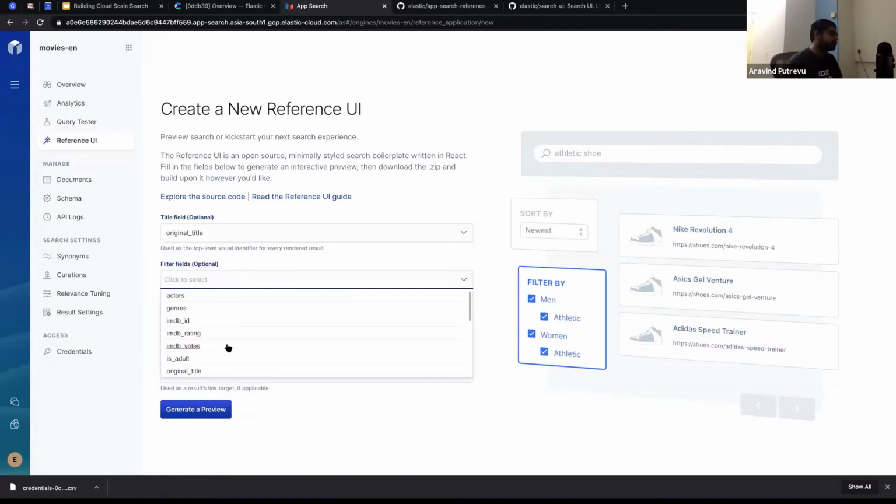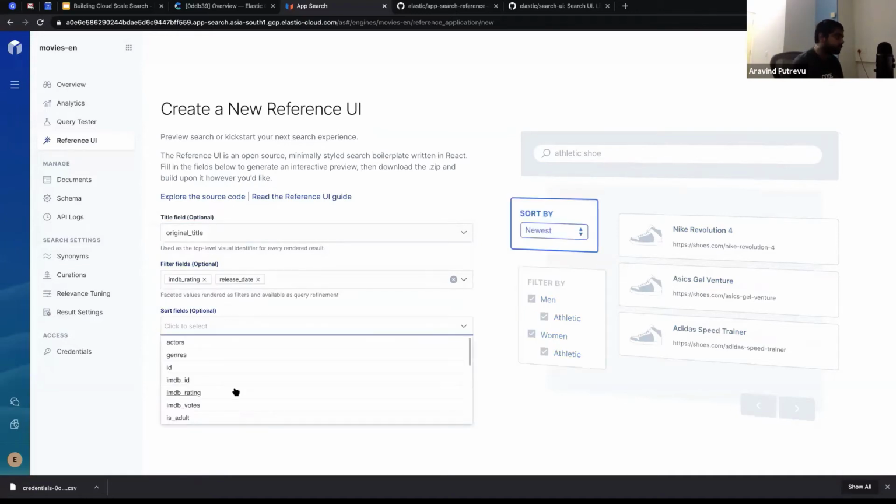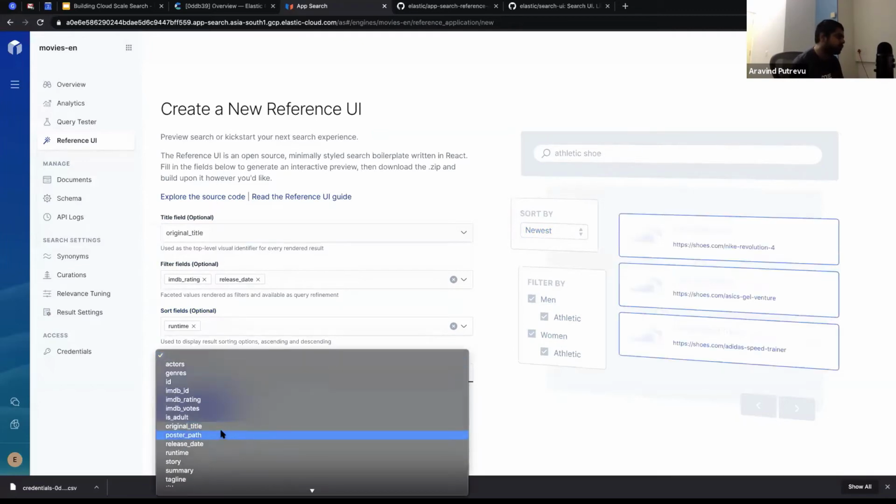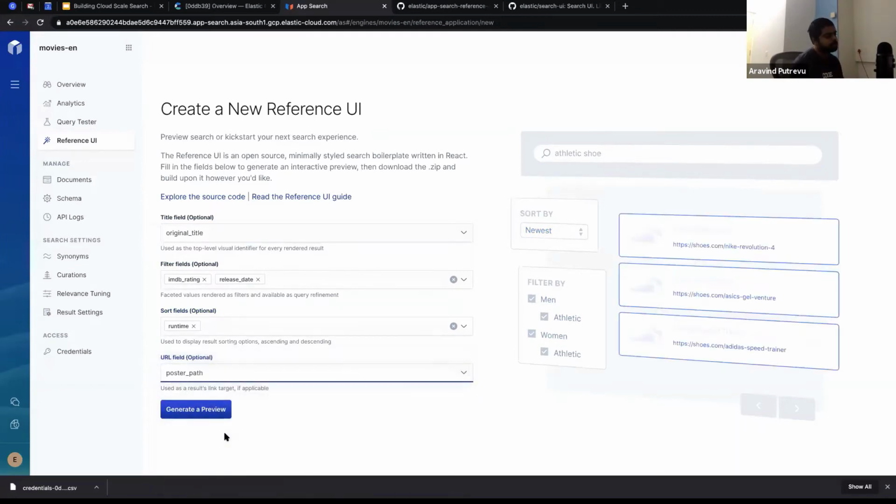Then I have filters, say if I want to filter based on the rating, filter based on release date, and sort based on, say, runtime, like a time field, longer movie, smaller movie. Then I also have poster path, so that when I click on the link, it takes me to that. So a URL field is something that gets shown, or when you click, it takes you there. People can also give a URL field as an action link, where you want to take people to a next page.